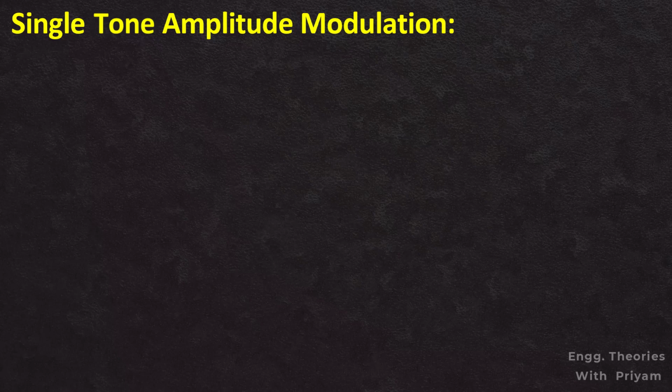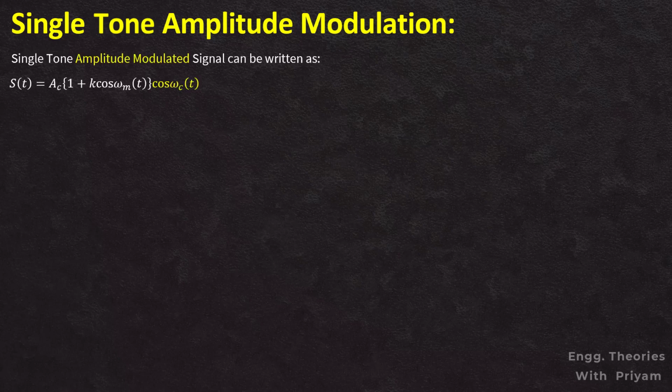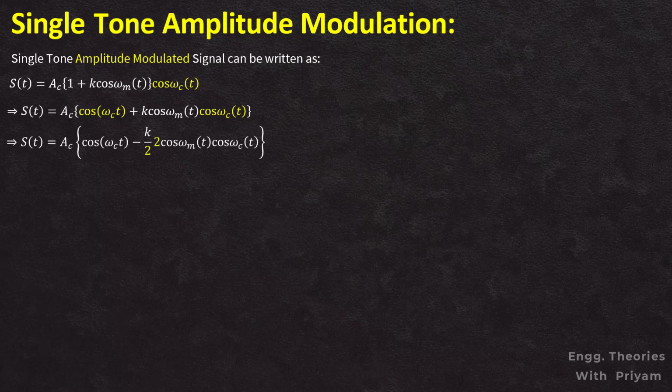The single-tone amplitude modulated signal can be written as Ac into 1 plus k into cos omega mt into cos omega ct. Now we will multiply cos omega ct with both the terms. Then we will divide and multiply the term k into cos omega mt into cos omega ct by 2. Then we will employ the trigonometric identity of 2 cos a cos b. Then this term can be written as k by 2 into cos (omega c minus omega m) t plus cos (omega c plus omega m) t. Now this is the phasor diagram for